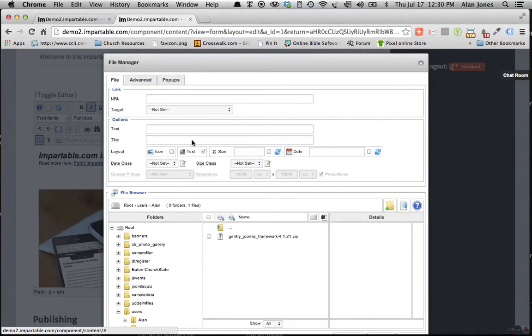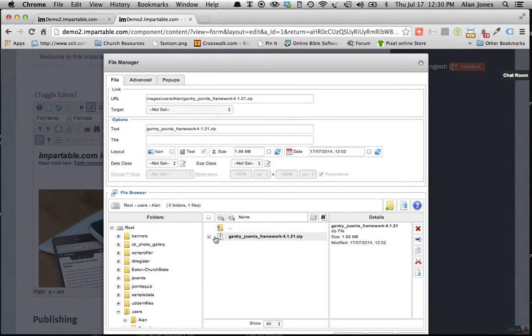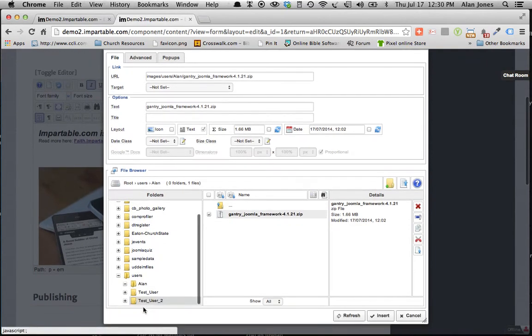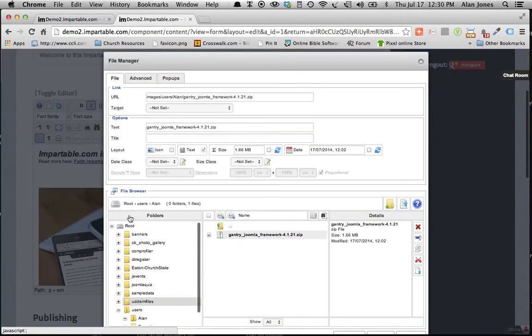And here we have a file manager set up, and it works very much in the same kind of way. I already have a document that I've uploaded over here, and I'm going to upload another one to show you. If I click on that document, you'll see here the URL is empty. If I click on that document, then the URL displays. The minute I click on any other document or any other file, so if I go back to my root here,